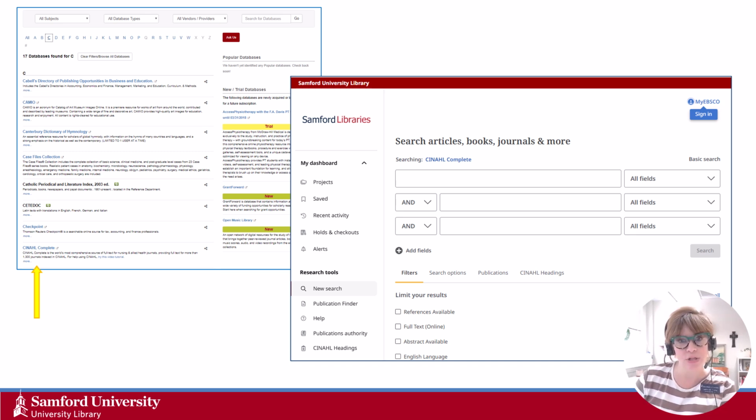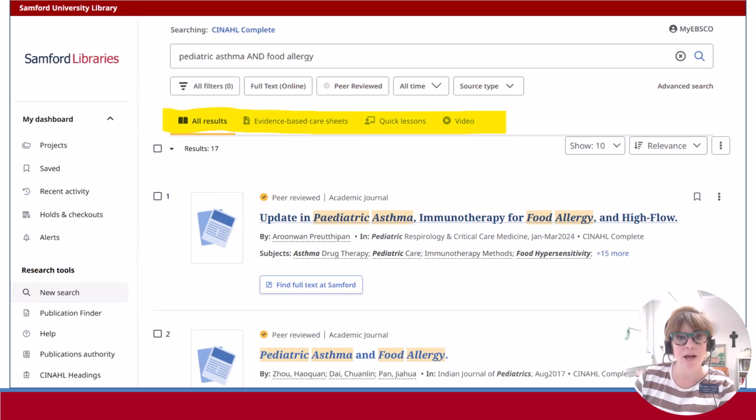The first one we are going to look at is CINAHL Complete. CINAHL is an acronym that stands for the Cumulative Index of Nursing and Allied Health Literature. CINAHL's blend of disciplines makes it ideal for interprofessional studies, those that combine the unique contributions of numerous healthcare disciplines in an intentional manner. I ran a search on pediatric asthma and food allergy in CINAHL and received 17 results